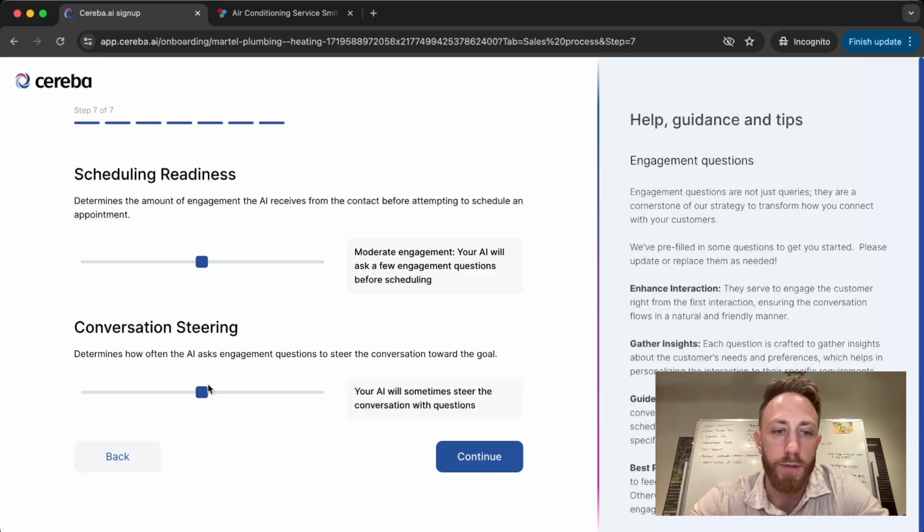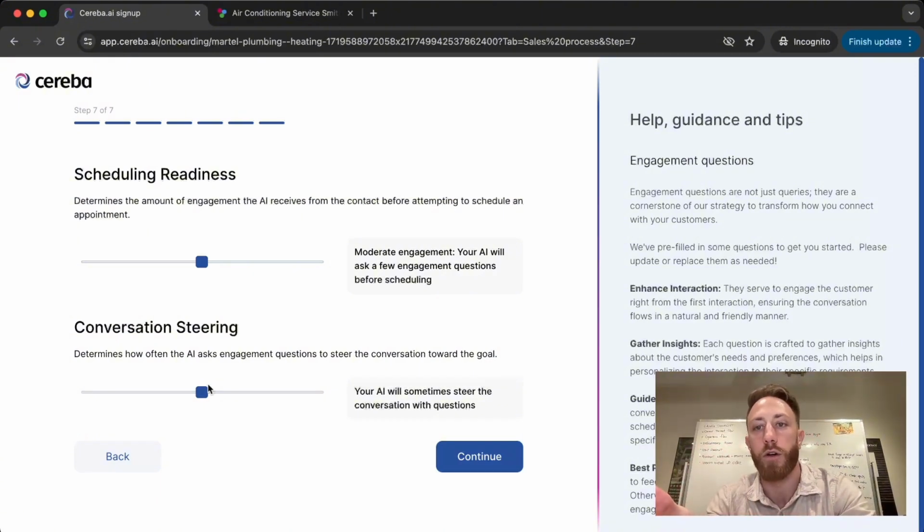Depends on what services you go with and so on. Typically, it will respond with an engagement question. It will say, how old is your current heating system, right? So it'll answer the question and then say, how old is your current heating system? Because it's using that engagement question to take control over the conversation, take power back, and then it will continue